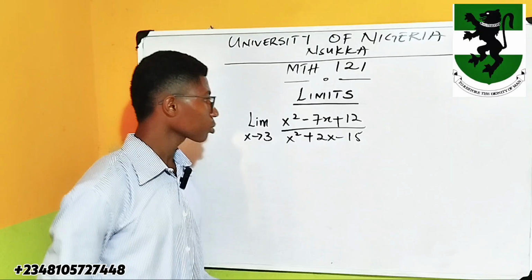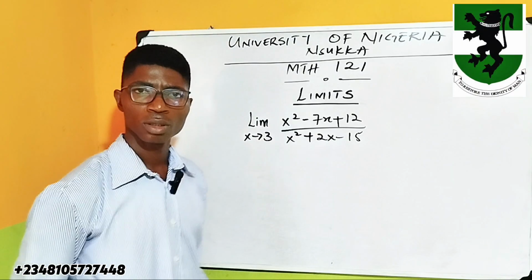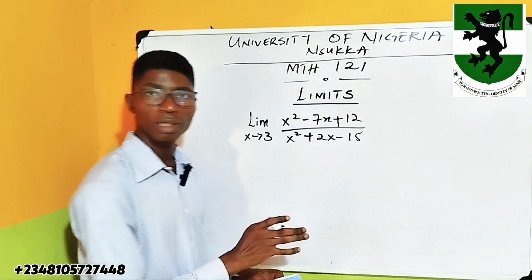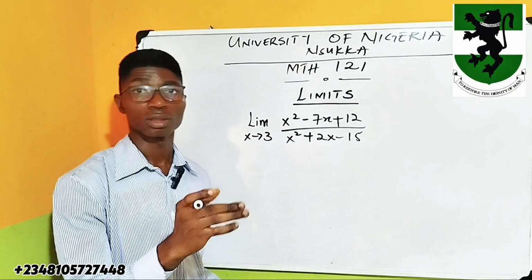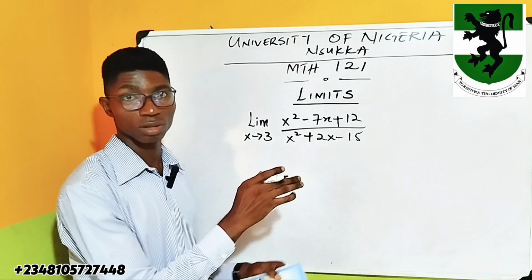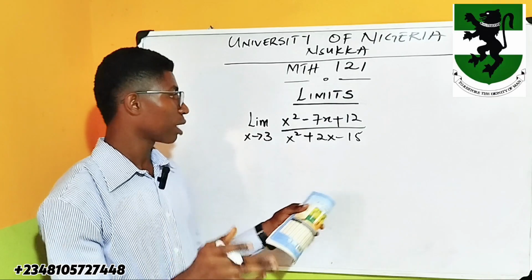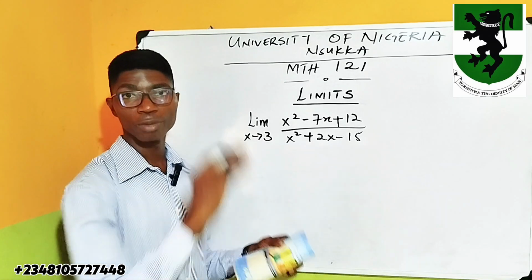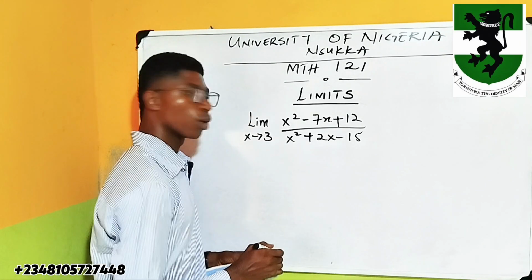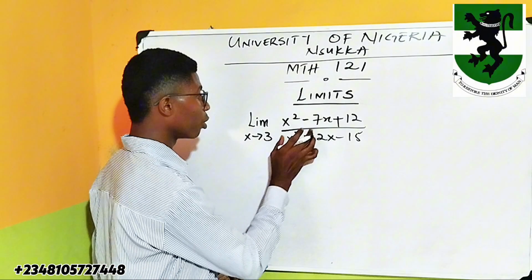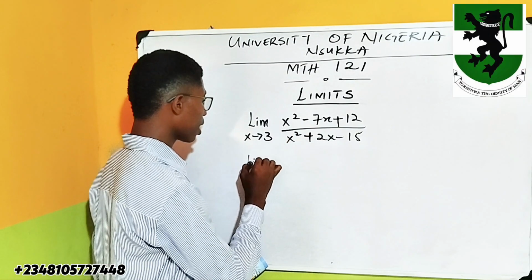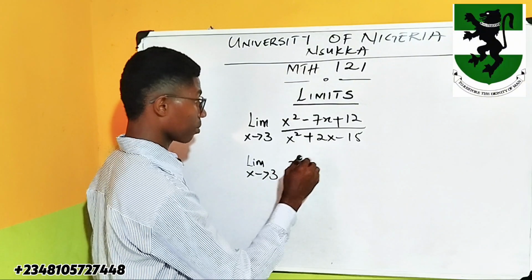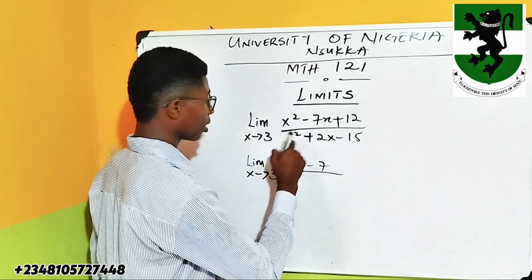Alright, see this question. We can solve this question by factorizing both the numerator and denominator. A term will cancel out. But that procedure is quite long. So we can solve this by the use of the L'Hopital's rule, which is straightforward, by differentiating the numerator and the denominator. Differentiating the numerator, we have the limit as x approaches 3 of 2x minus 7, all over 2x